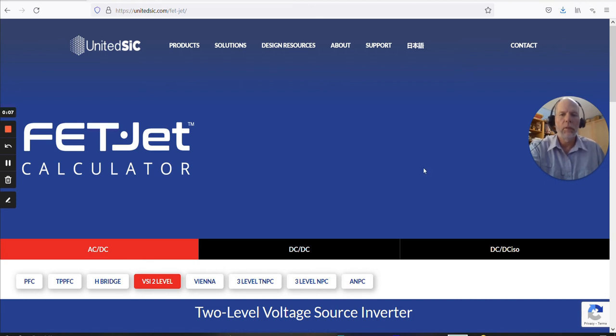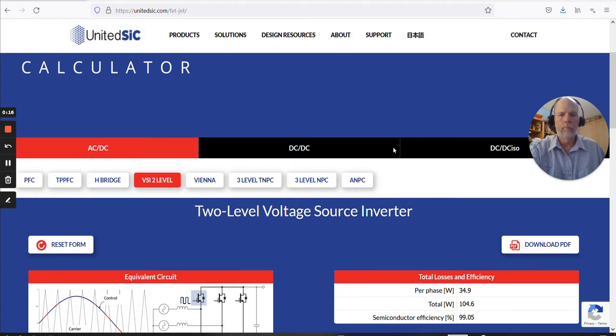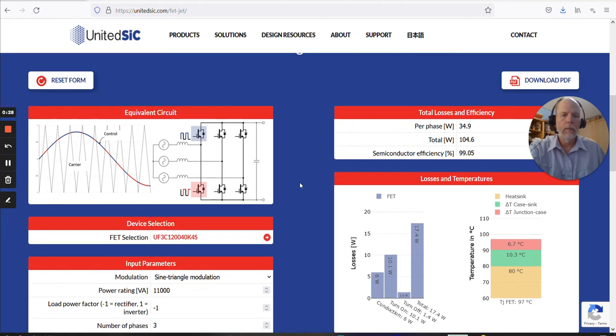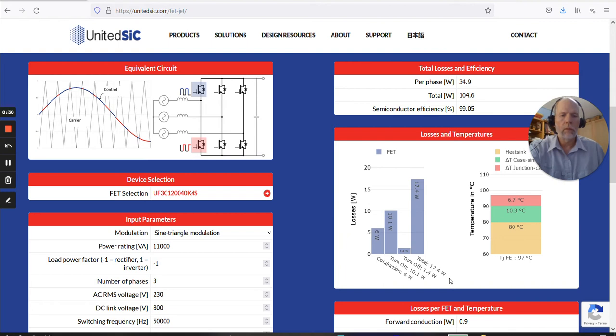And in this video I'll be talking about the two-level voltage source inverter and some of the new features in version 2 of FET-Jet Calculator. So first off, we notice that we have a control chart with a control signal compared against a carrier waveform and a circuit diagram. And then we have the per FET loss chart, and then temperature chart over on the right. And then as before, we have input parameters, but something new is now we have a modulation